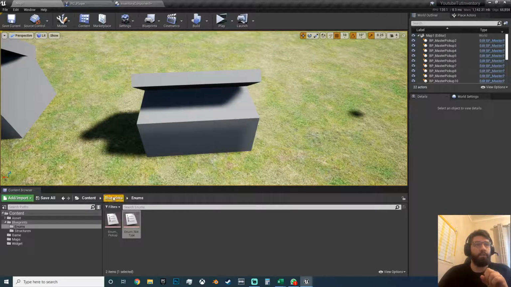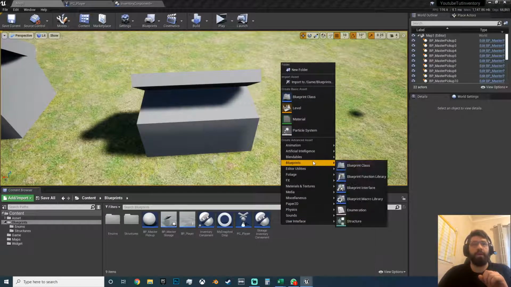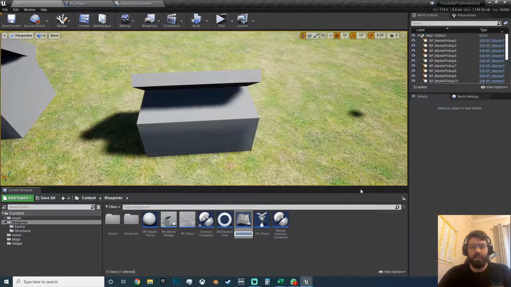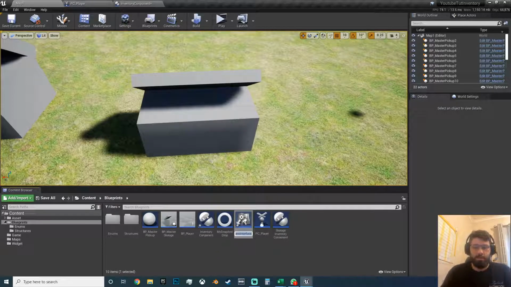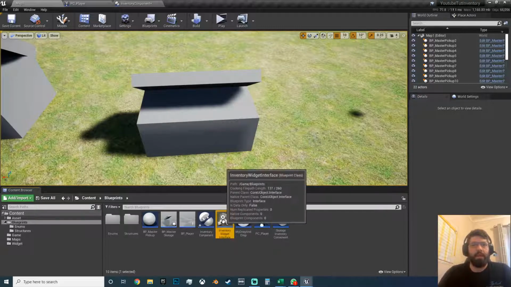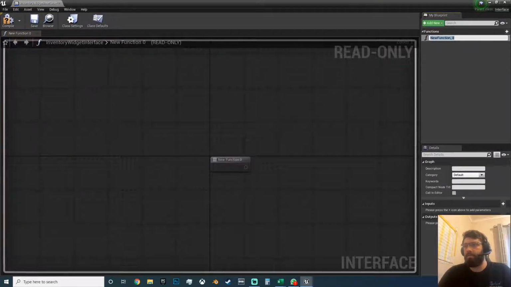Okay, so blueprint, come here, right click, blueprint interface, and just call this, let's see what I called it, just so it's the same. Blueprint inventory widget interface. So this is going to be called inventory widget interface. Okay, now open it up. You're going to have a new function, and you're going to have the update